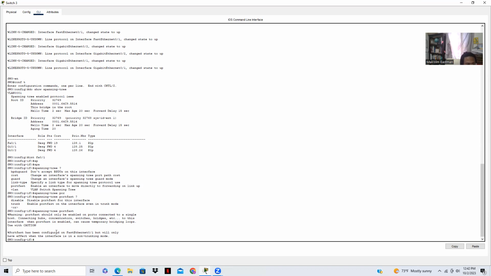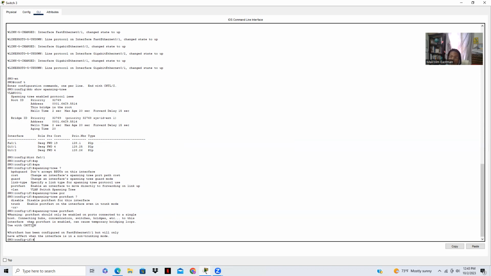So I got a warning, right? Port fast should only be enabled on ports connected to a single host. Connecting hubs, concentrators, switches, bridges, etc. to this interface when port fast is enabled can cause temporary bridging loops. Use with caution. So again, since this interface is connected to an end host, right, and